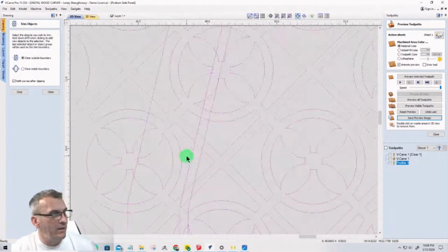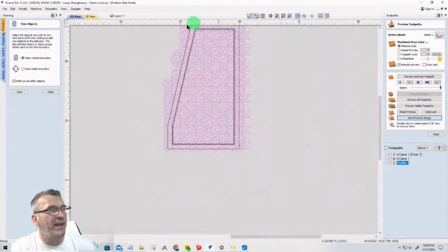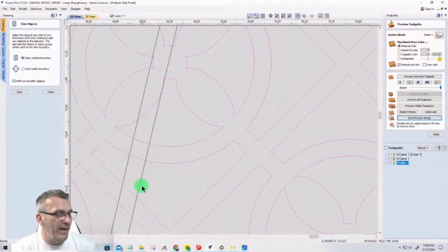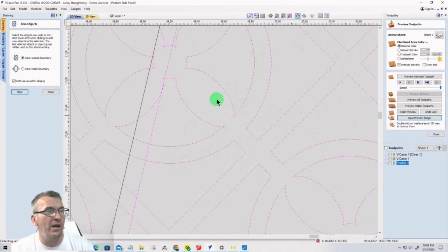Now, once again, I'm going to come in here, hold my shift key down and turn off these boundaries. All of these vectors have to be selected first. My trim boundary has to be selected last. And I want to clear everything outside of that boundary. I'm going to click clear. Now, this is going to take some time to clear, to redraw all those vectors and all. And while that is doing that,